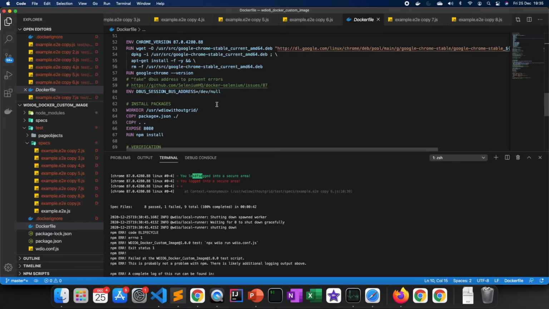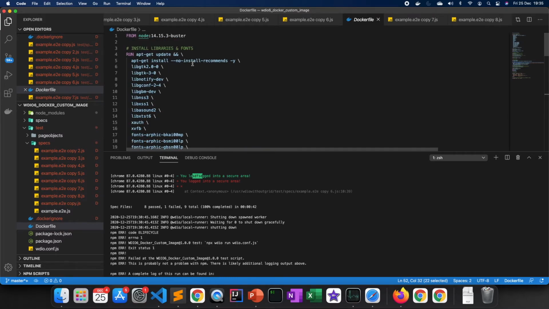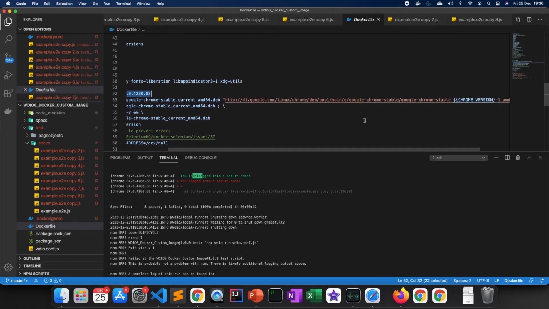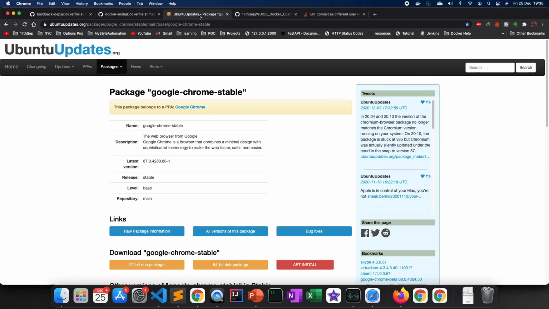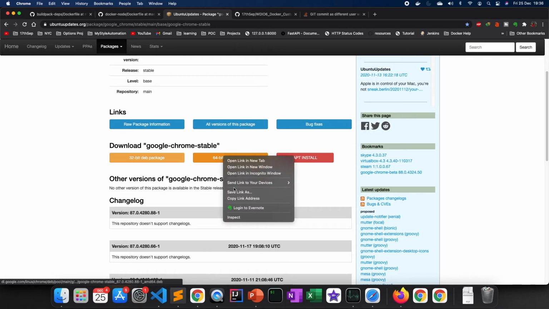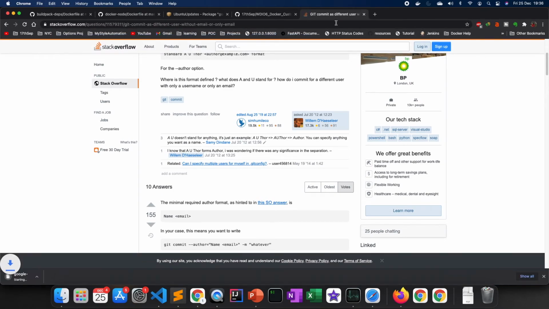The next thing I wanted to talk about is versioning. I spoke about the Node version for now. The next thing is the Chrome version. This seems a bit tricky. I didn't get it by default. Maybe I'm the only one who didn't, but generally speaking, it's not straightforward. If you hit this URL, you'll just get a package that comes up. For example, if you click on this particular version, it will throw you one package, and if you take the link and look at it, that's when you will see this particular package coming